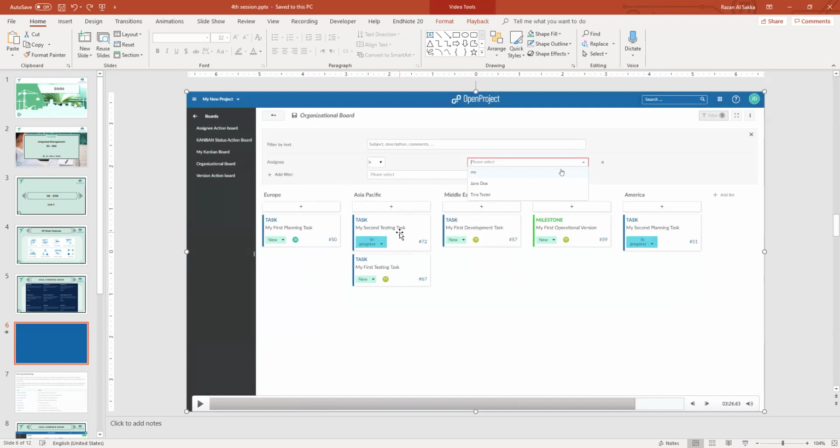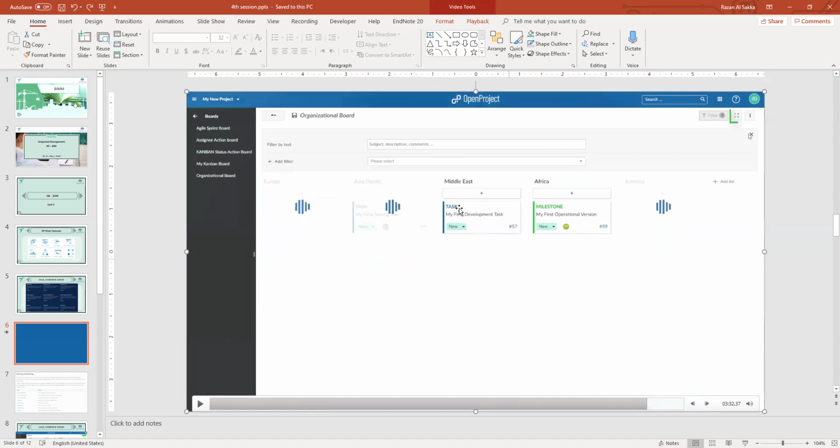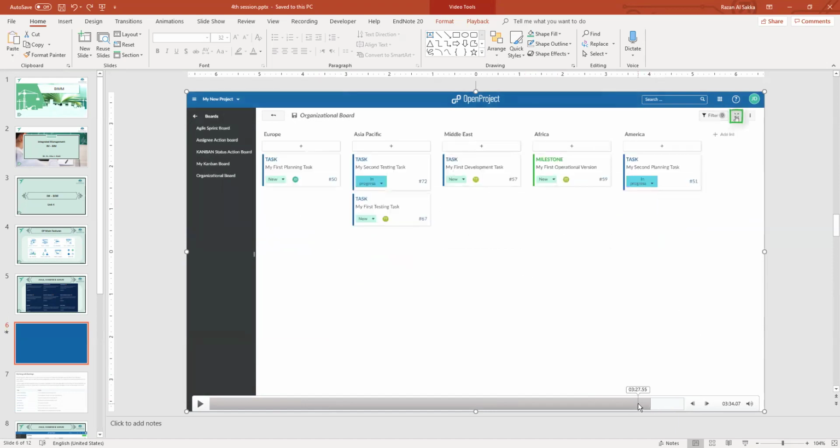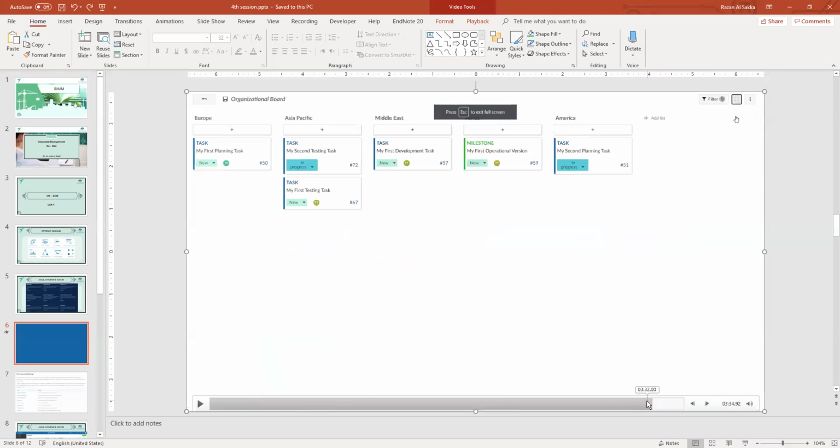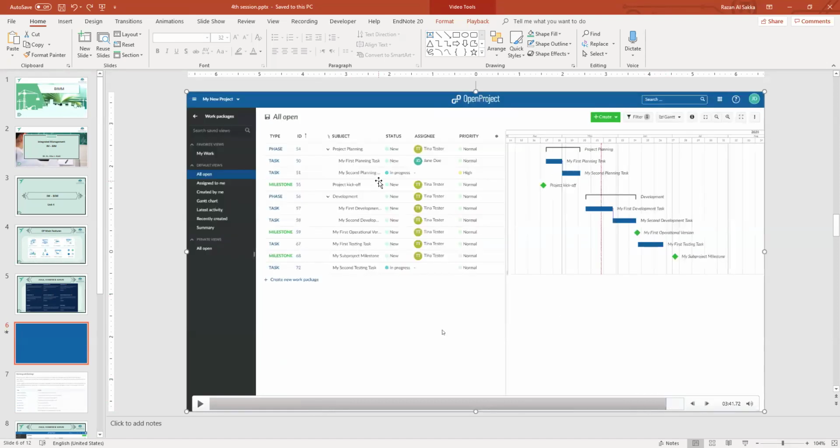So you want to see the tasks related to a certain member, a certain team. So you can filter here and only see the tasks related to one person or one team. So you can see the new filtered criteria, filtered board. All these qualities are also going to be linked to the basic traditional frame